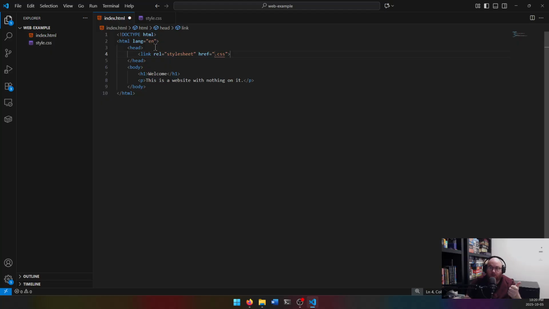This is a link tag, and this is a different kind of tag than we've seen before. This is a tag with no end. This is just an informational tag by itself. It says I need to link something. The relationship between that file and this file is that it is a style sheet. And then for href, the hypertext reference, meaning, hey, this is where you actually find the link. We find it in